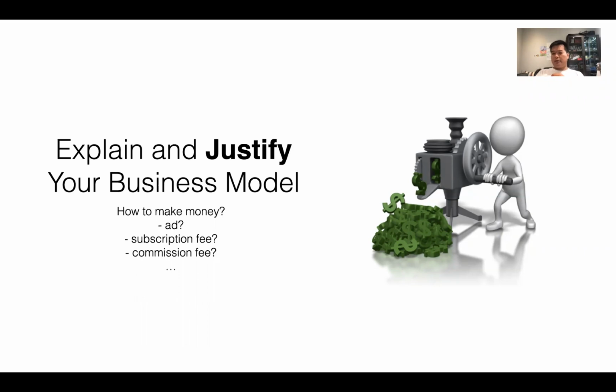But when you talk about this project, you need to clearly tell people what the potential is. And you do not want to say nonprofit and those things. It doesn't work, because nonprofits still need money. So I'll put that in the front, and then you need to describe a very reasonable business